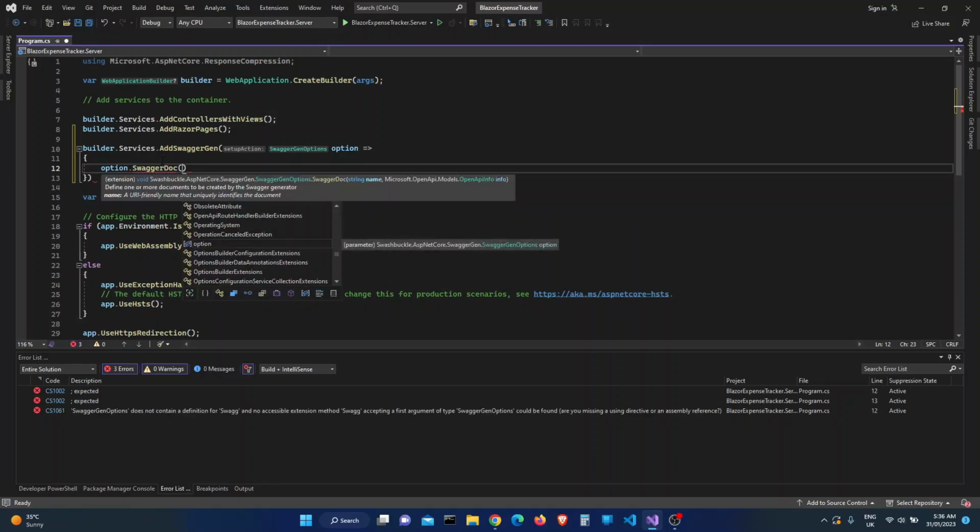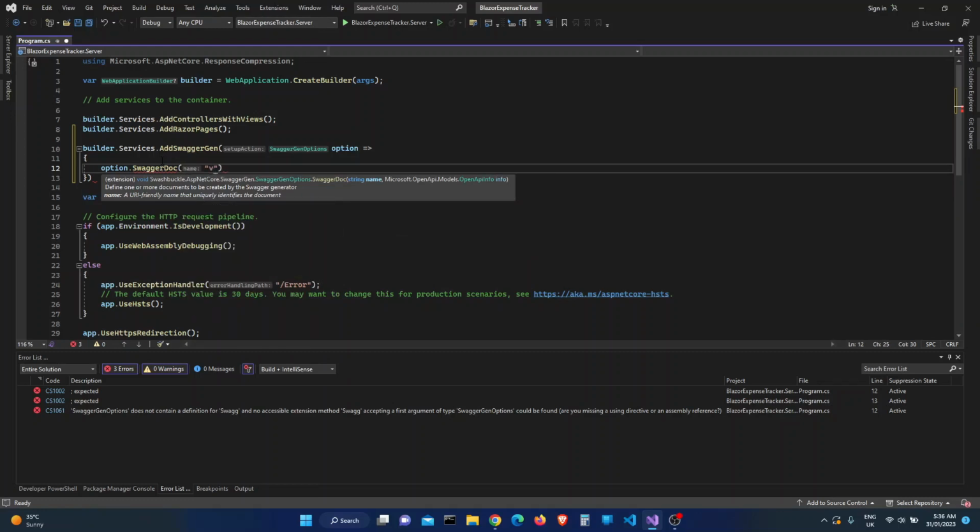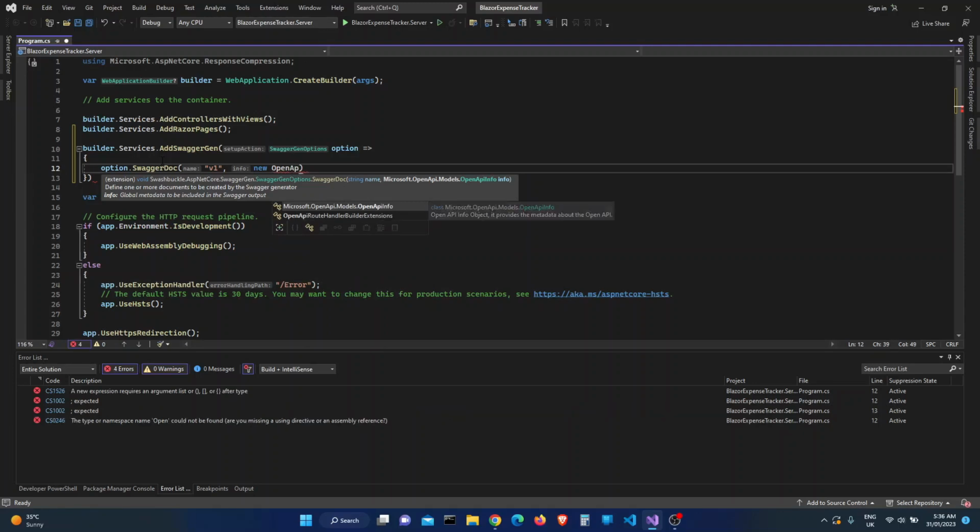We are going to put in here v1 for version 1, comma, new OpenApiInfo,